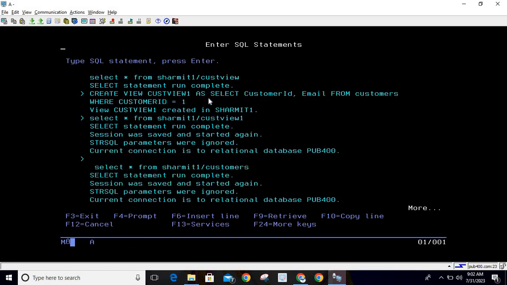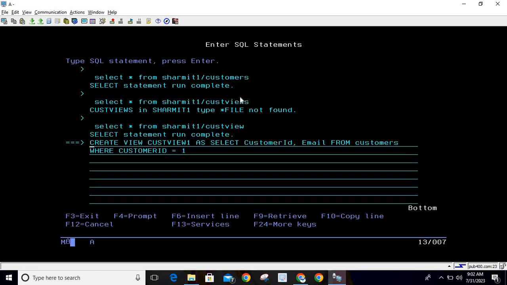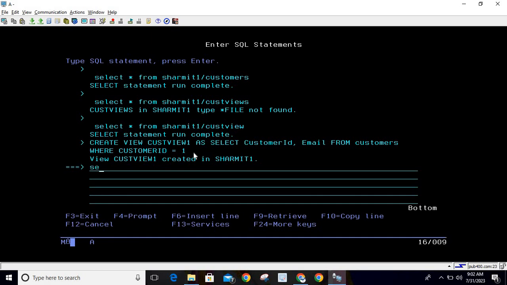Okay, let me check. Actually, I have created one query here to create the view. Yeah, here it is. So what I will do, I will rerun this query. Let me press F9. Yeah. So here what we are doing, we are creating the view cust_view_1 as customer ID, email from the customers table where customer ID is 1. I only want to see the data where the customer ID is 1 and only these two specific columns, customer ID and email. So if I hit enter here, it is created,